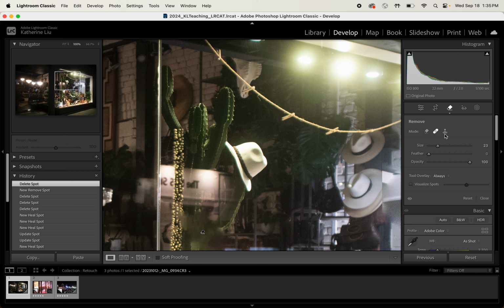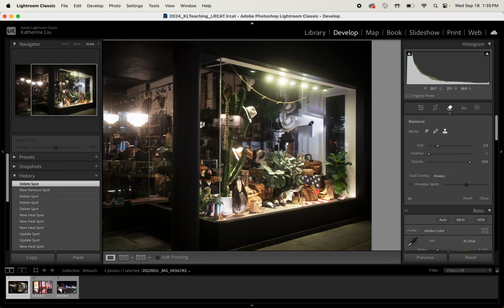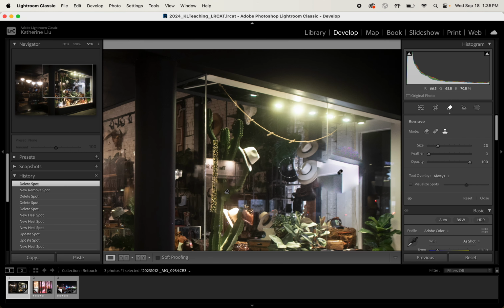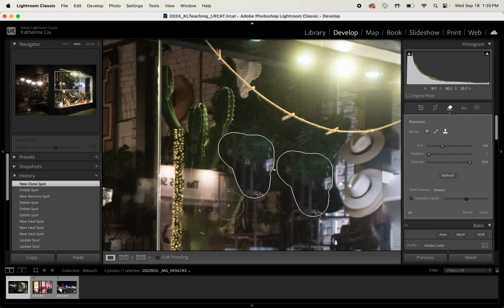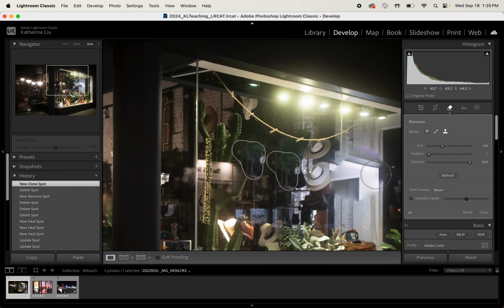And then lastly, this is the clone tool here. So the clone tool, let's say I want to clone something. Really, you're only going to use the clone tool for wanting to clone something. So let's say I do want to clone this hat with the brush tool. It's cloning from the area next to it, so it's trying to find an area that's similar. And if I turn this to never,